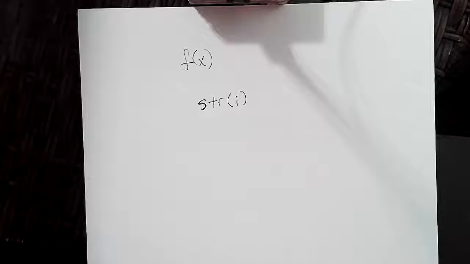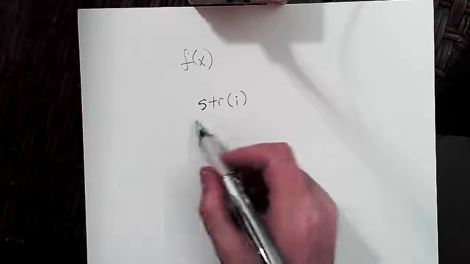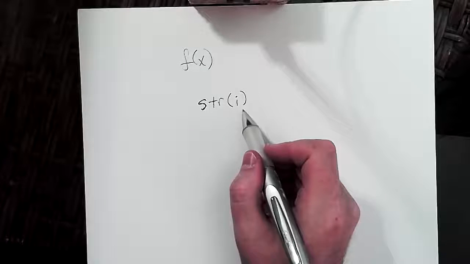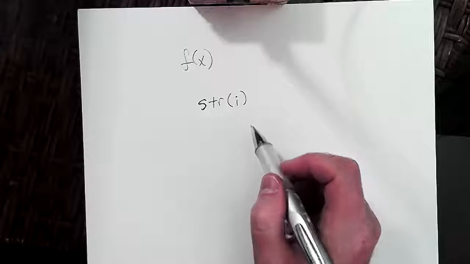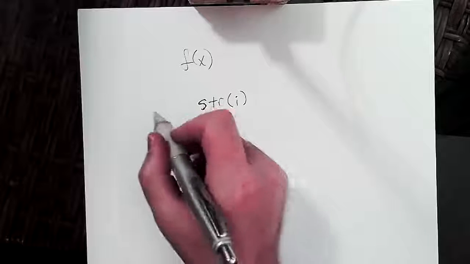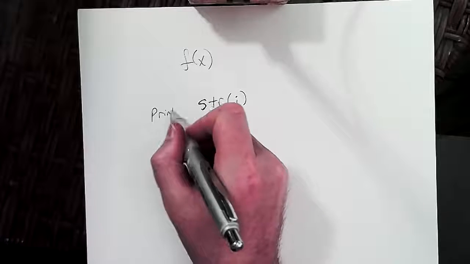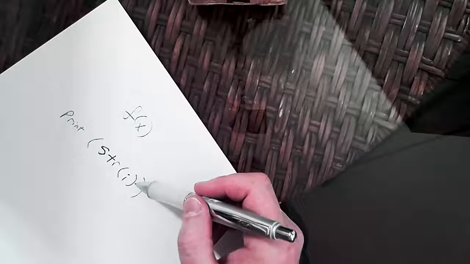I don't know what that's going to do. If you just do that, that's a function call, but you haven't said what to do with the results of that. So I actually want to take that function and put it into print. So functions can go into functions. The idea is that take the I, put it through the str, now it's a string. Take that and put it through print. Yeah, and then run that one.